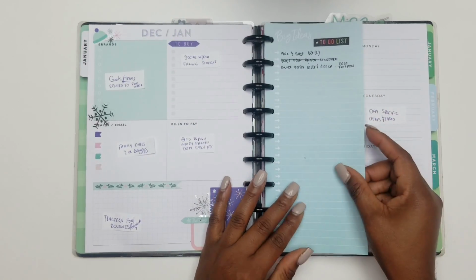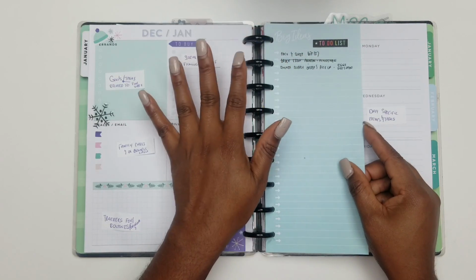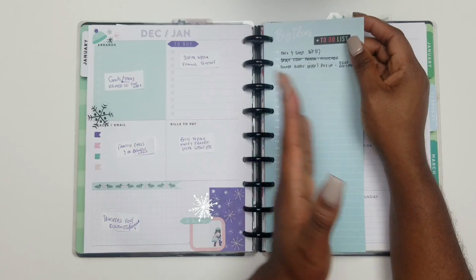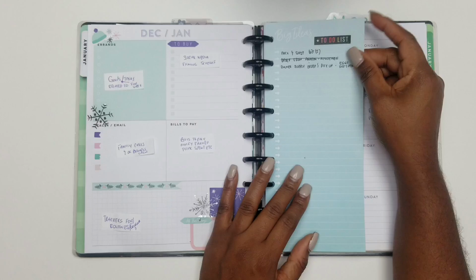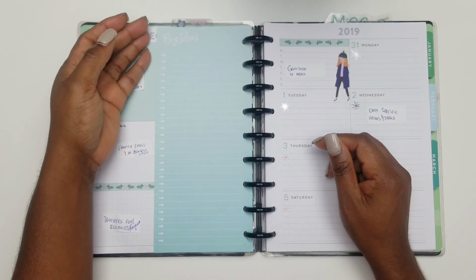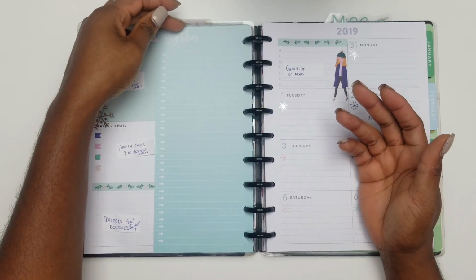The second sheet here is a running to-do list. So for every single week, I'll have this, and if I don't fill it up for the week, I'm just bringing it over to the next week and crossing out the items as I go along on the to-do list. On this part is going to be my running to-buy list, which includes everything that I think of that I need to purchase,